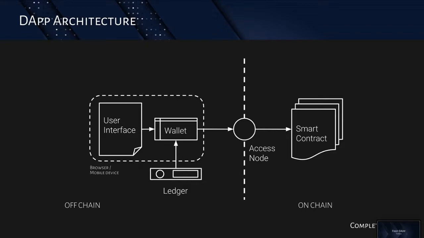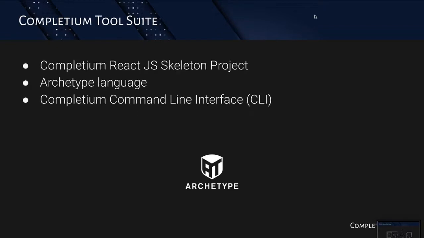In this tutorial, we are going to deploy a smart contract on the Tezos testnet, and we are going to build a simple interface to interact with it. For that, we are using some tools from the Completium tool suite. First, the Skeleton DApp project. This Skeleton project comes with a wallet button and a settings panel to connect to the blockchain. Then the Archetype language to develop the smart contract, and the Completium CLI to deploy and interact with the contract